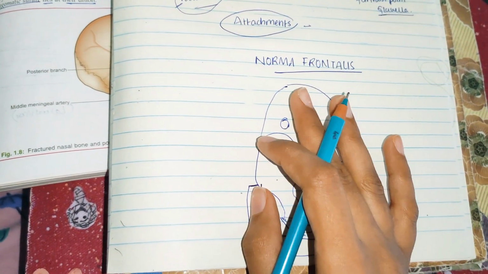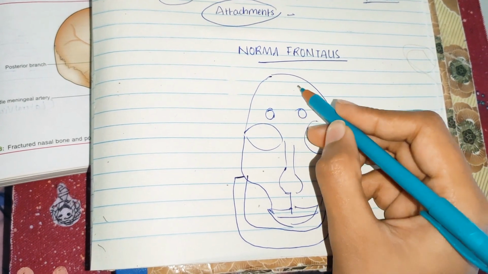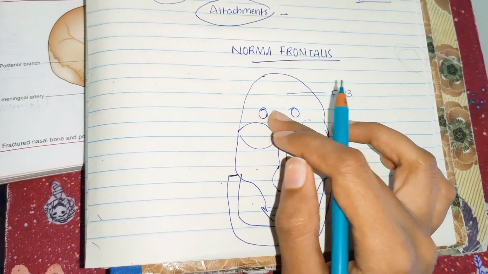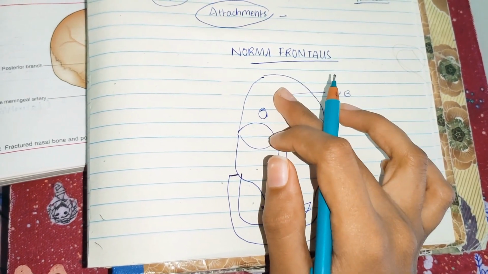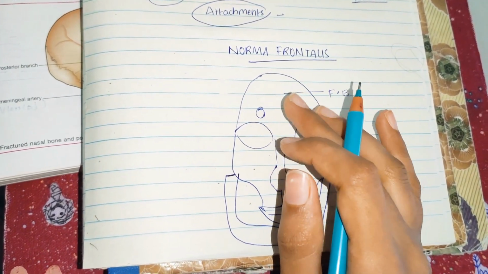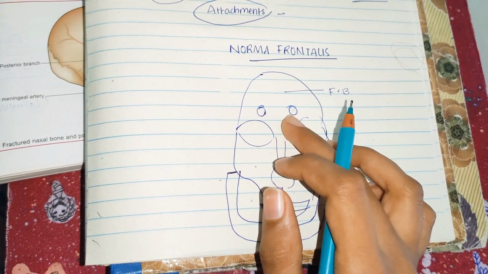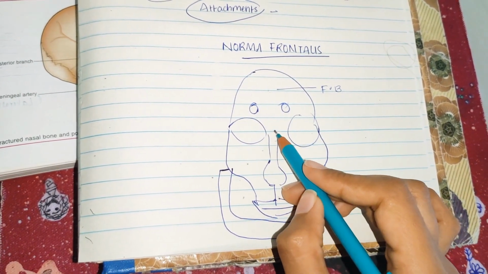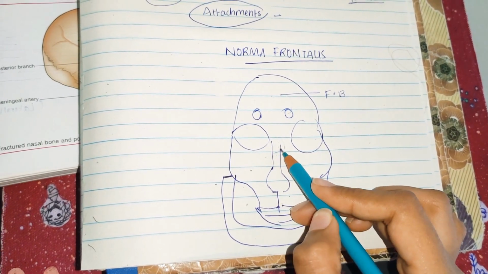So mainly first you need to see what bones are present. This part of the bone is called the frontal bone, okay, and it is forming the forehead. Its upper part is smooth, convex, but its lower part is irregular and it is interrupted by two orbits and also by the anterior bony aperture of the nose, okay.